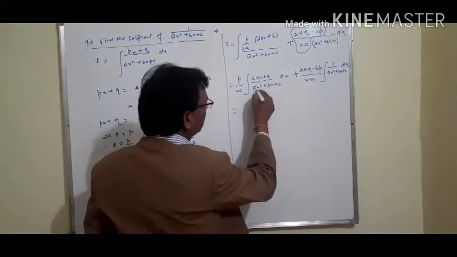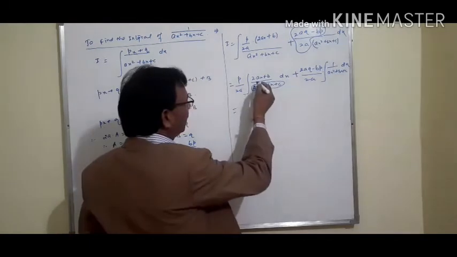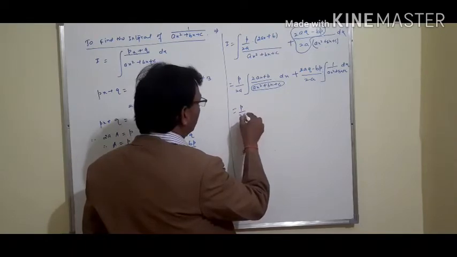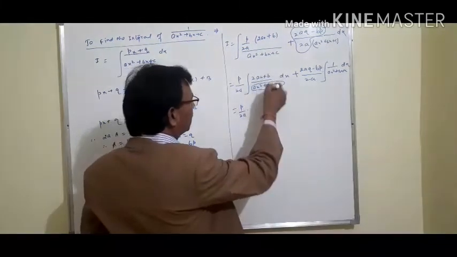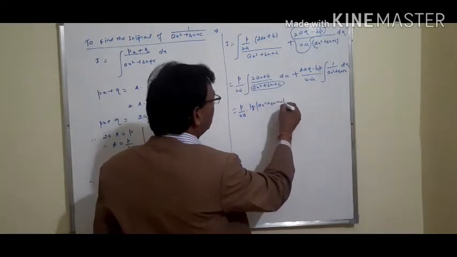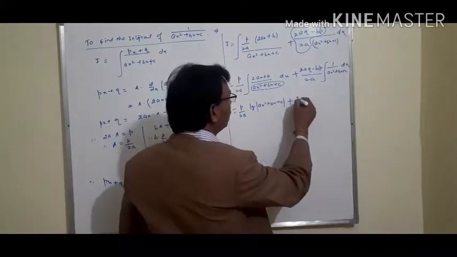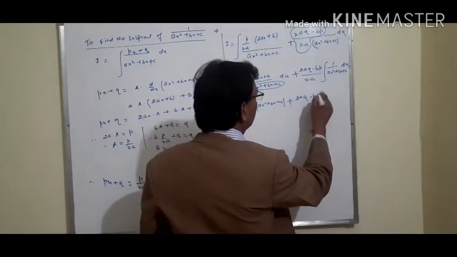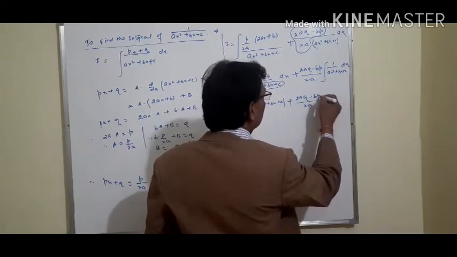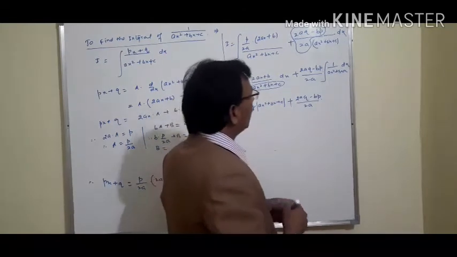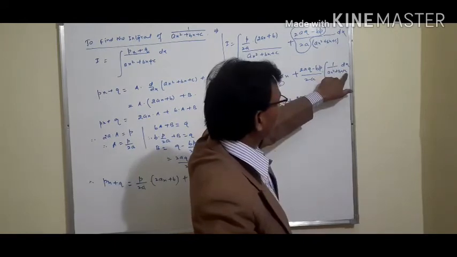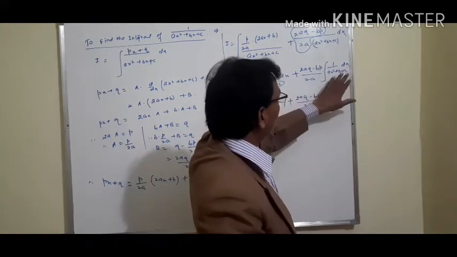If we put this as t, then we can get (2ax + b) into dx as dt. So this will be p upon 2a into, the integration of this will be log of (ax² + bx + c), plus (2aq minus bp) whole upon 2a integration of, as you have seen here, 1 upon (ax² + bx + c) into dx. About this function,